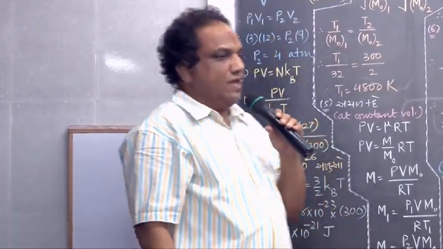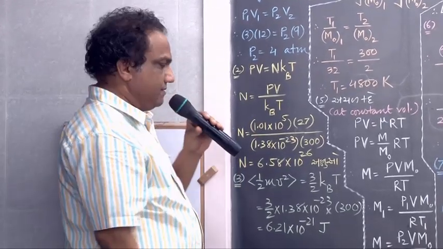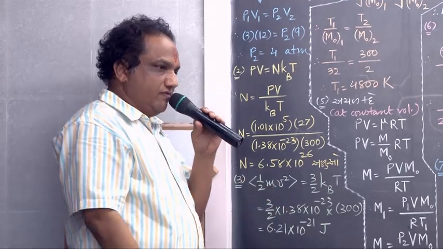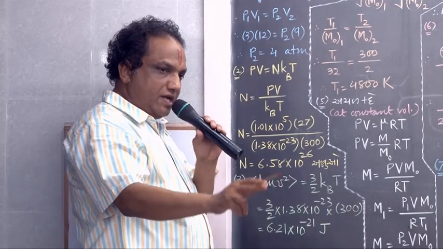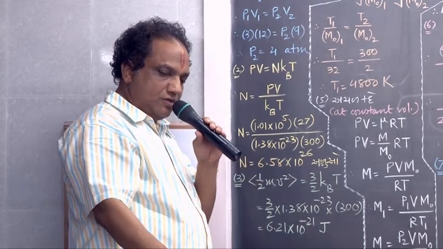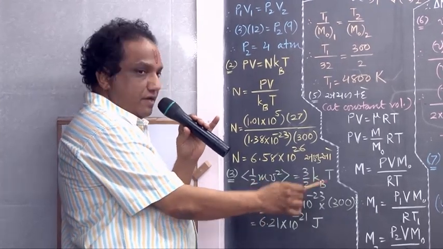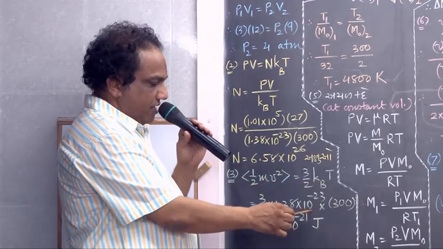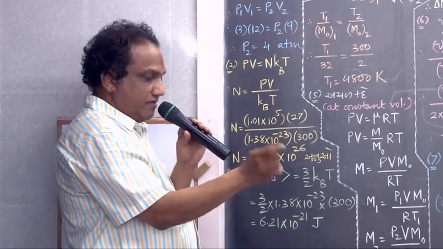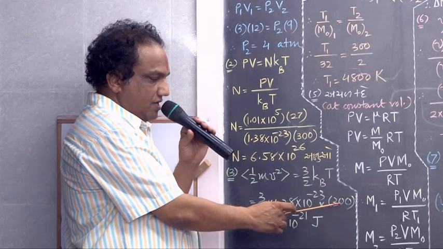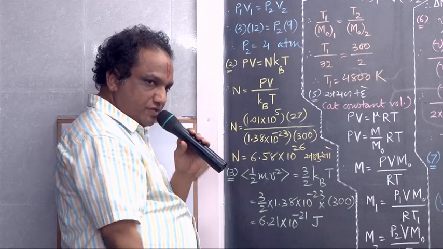Come on. Average kinetic energy per 1 molecule of any gas is this much. Average 1 by 2 mv square equals to what? 3 by 2 kB into T. Correct? It does not depend on the type of gas. What about kB? Boltzmann's constant 1.38 into 10 raised to minus 23 joule upon molecule into Kelvin. Absolute temperature, you are given 27 plus 273, so 300 Kelvin. Answer is this many joule.